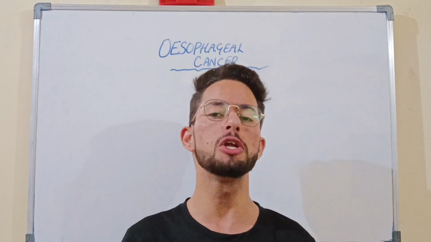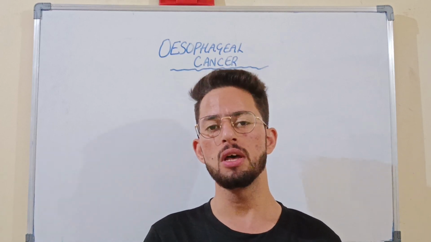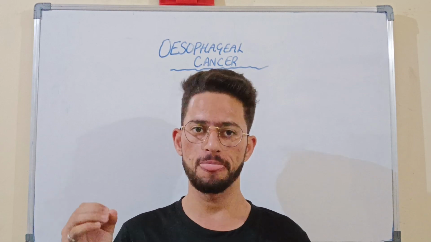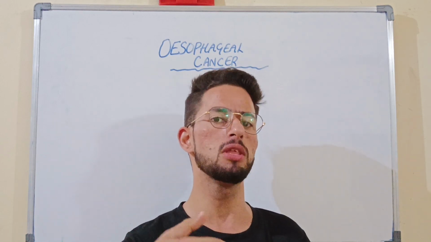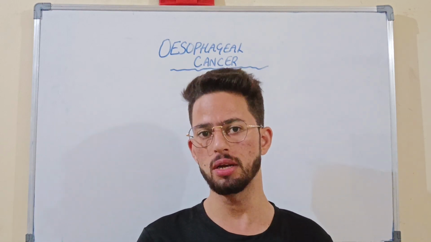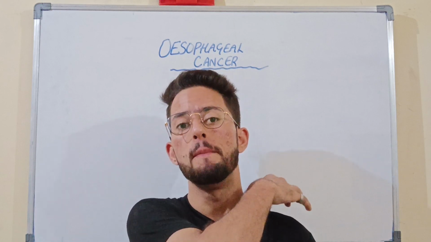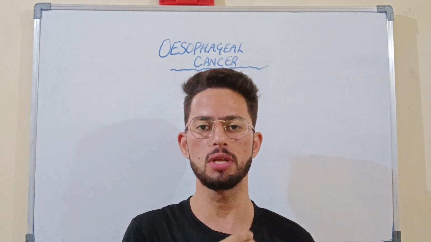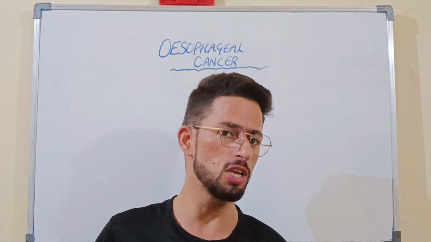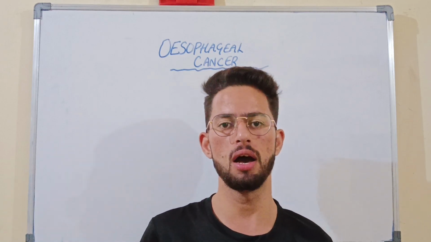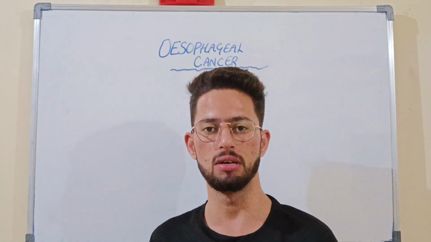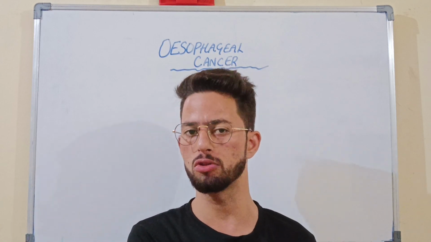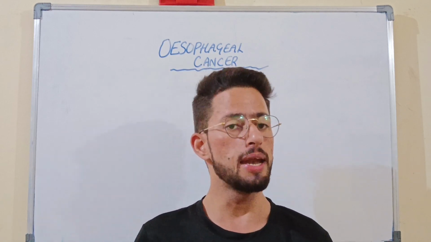Okay. Next one will be T2. What is T2? T2 means when the cancer is spreading to the muscularis propria. Understanding? The cancer will be spreading to the muscularis propria, which is the first layer of the muscle. Then we can say it will be going deep into the muscle layers. Okay, the next one is T3.